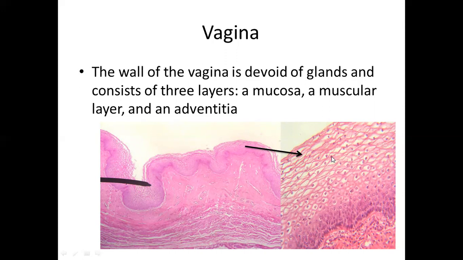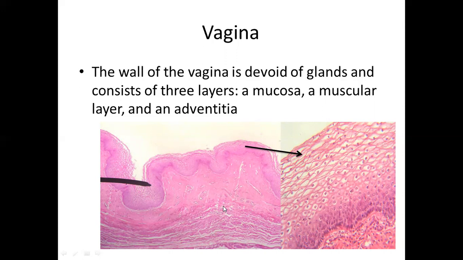This is the more superficial part of the mucosa. Below the epithelium there is a very dense irregular connective tissue, the lamina propria component. There is no submucosa and no muscularis mucosae. Then comes the muscularis externa, which is made up of smooth muscles. They are longitudinal and circular muscles, but they are quite indistinct and cannot be separated on a micrograph. And then outermost is the adventitia, which is only connective tissue, which makes the connection of the vagina with the surrounding organs.